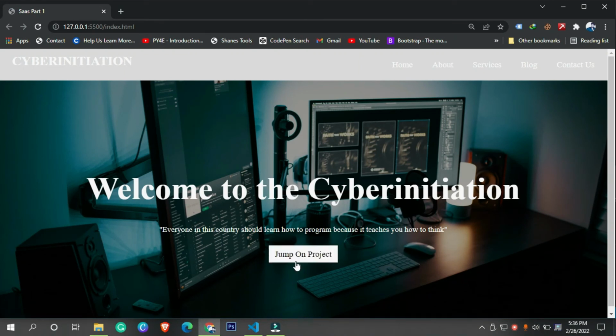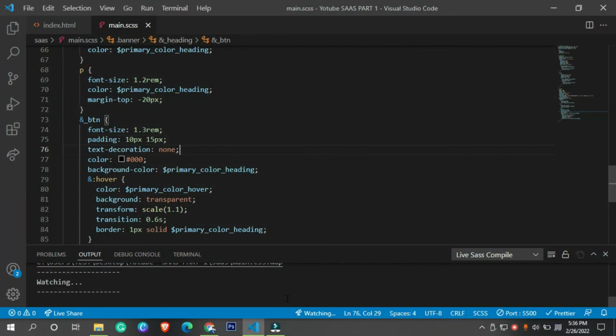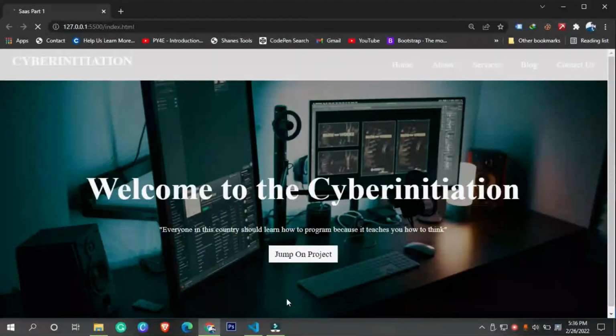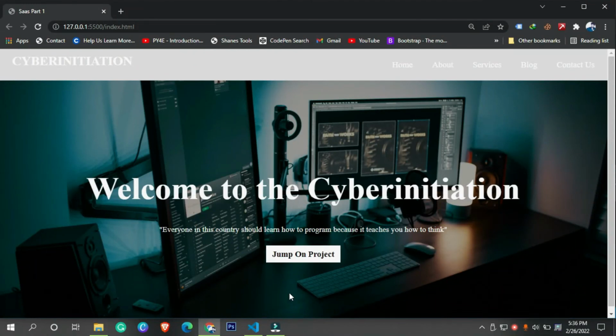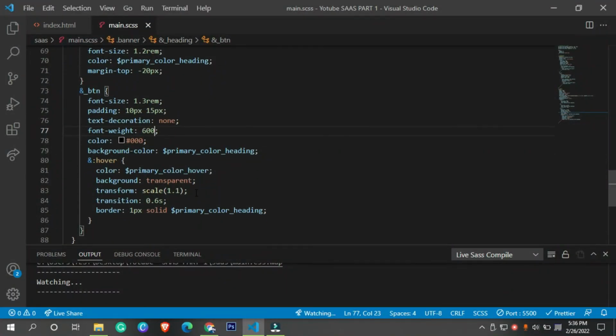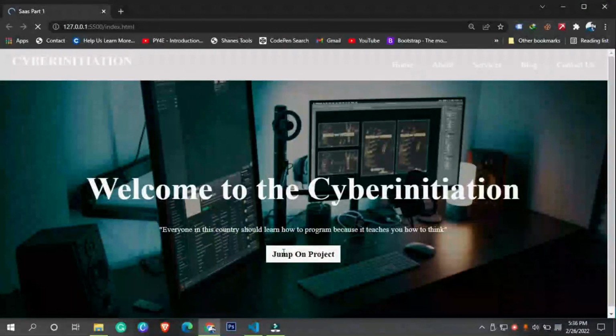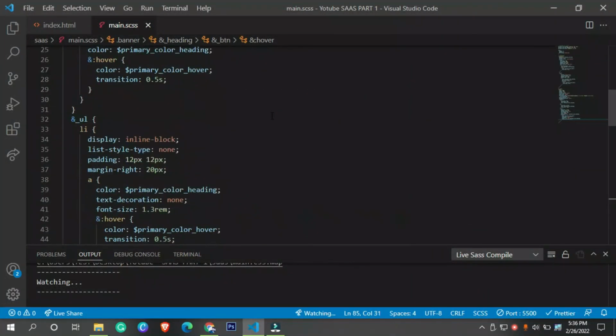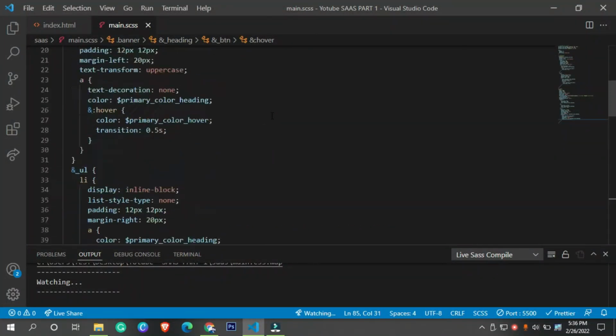So this button looks like this. And what else can we add? Basically, we can change the color. Designing is something where you do not even know what exactly you are going to accomplish when you are designing from scratch, so you don't need to worry about it. You just go with the flow, and later you will find, okay, this thing I want to implement, that thing I want to change, this is not looking good, this padding is not okay. This is how exactly you need to accomplish your thing.